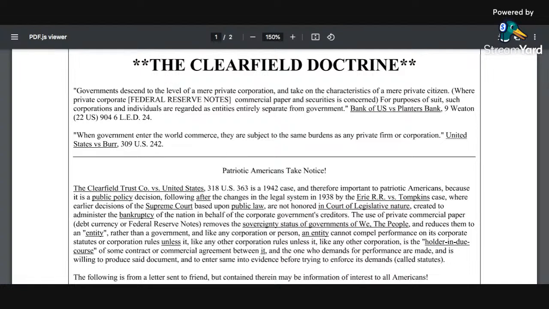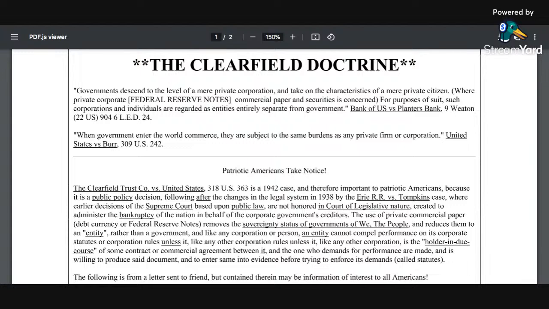Now, patriotic Americans take notice. When they say patriotic, they must mean ones who are really committed, devout, and serious about whatever organization, corporation, or country they really subscribe to. So it's Clearfield Trust Company versus the United States, 318 US 330, 363, a 1942 case